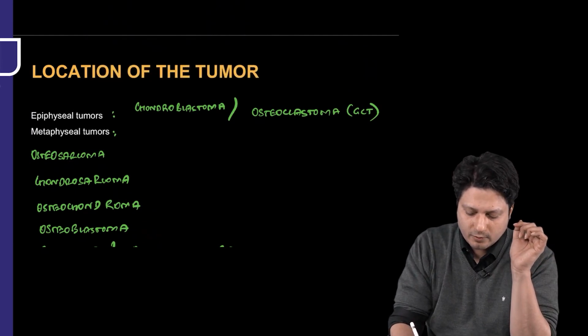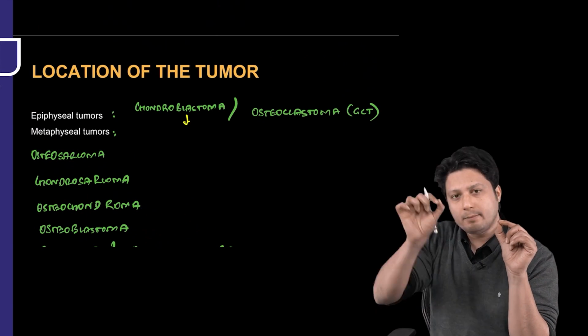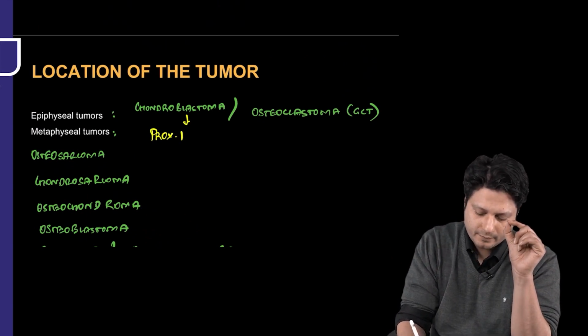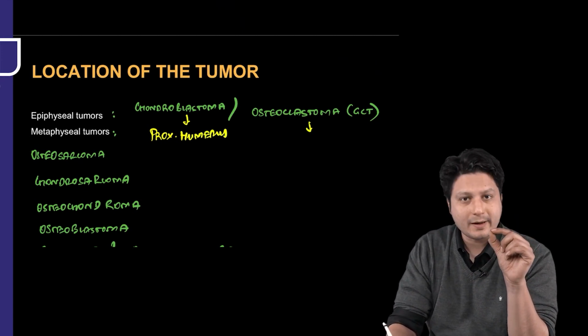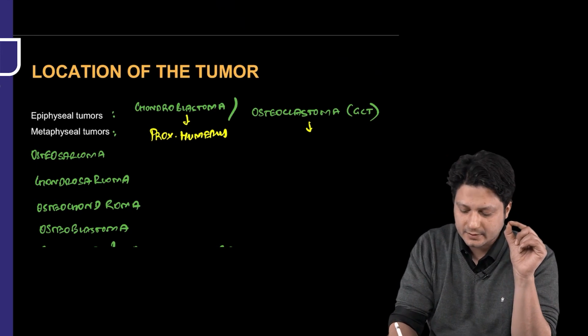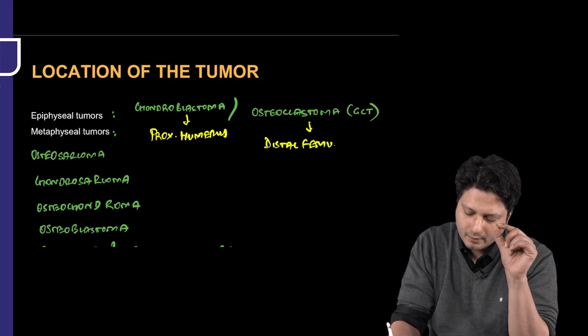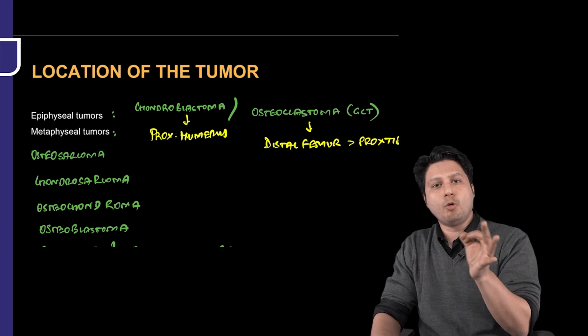Like the first tumor you have written is chondroblastoma. The most common bone to be affected by chondroblastoma is the proximal humerus. Similarly, for osteoclastoma, GCT, the most common bone to be affected is the distal femur, then the proximal tibia. If you talk about the upper limb, what is the most common bone to be